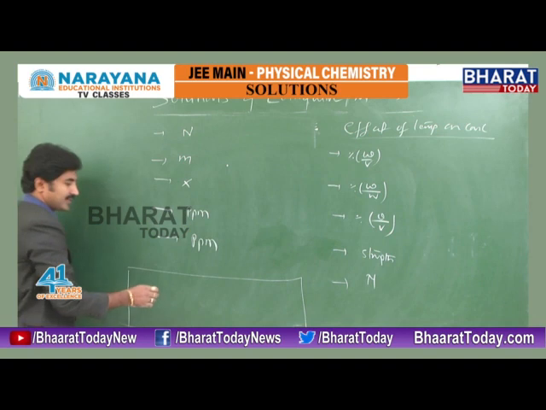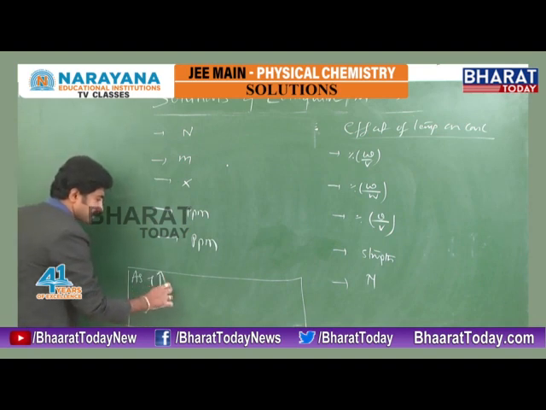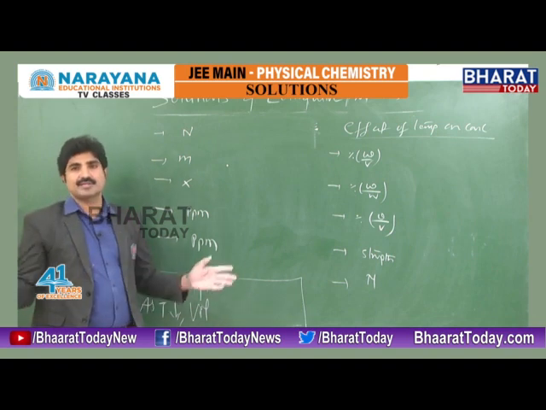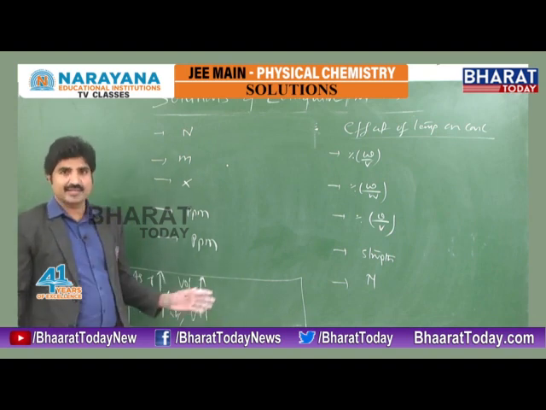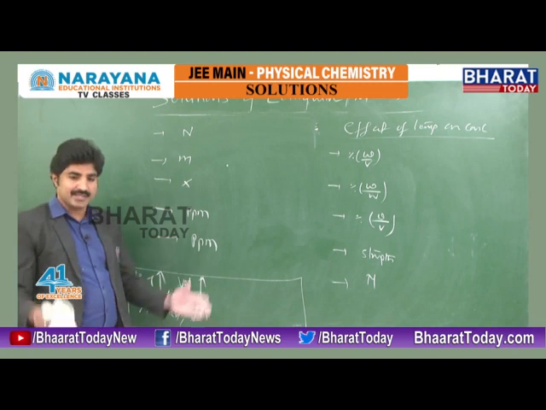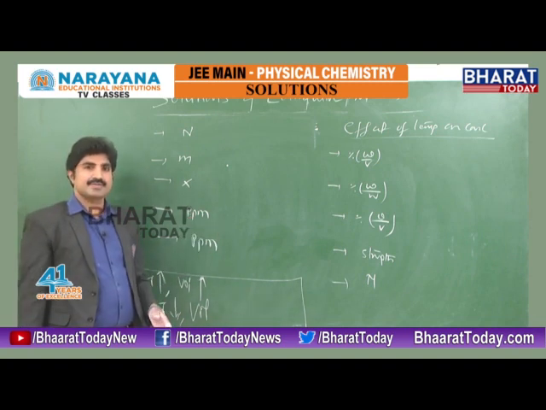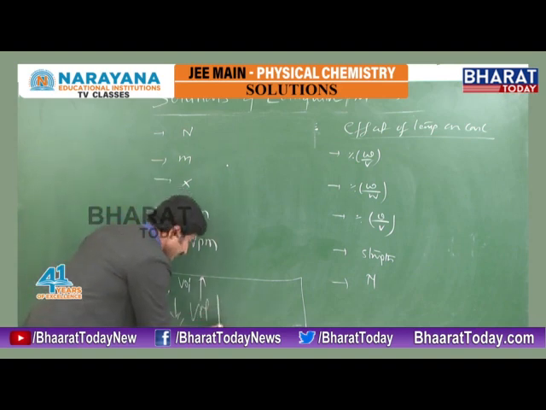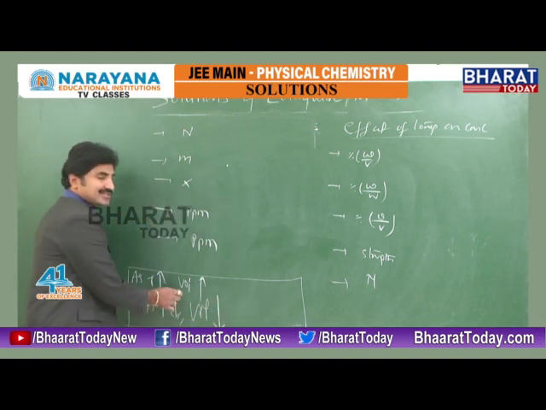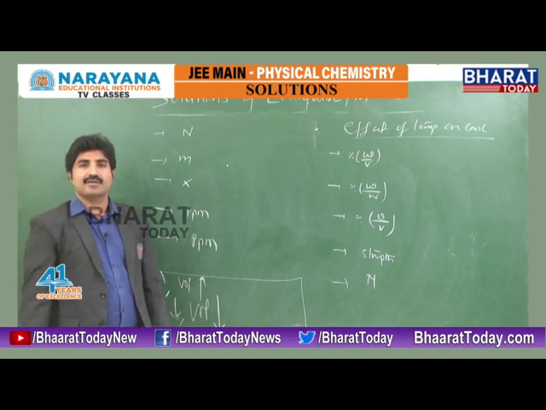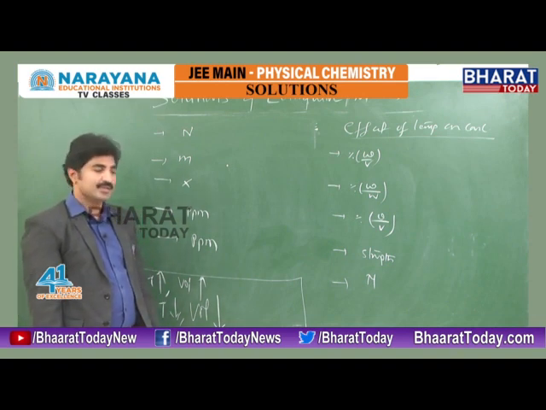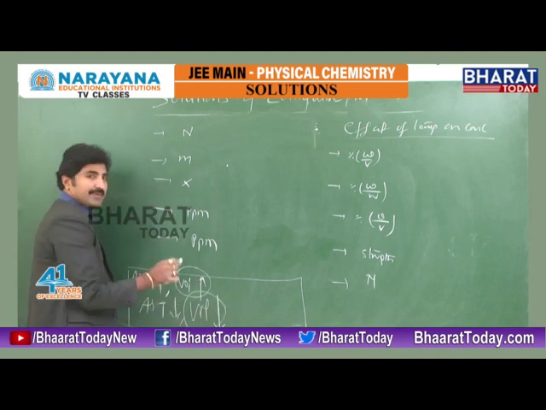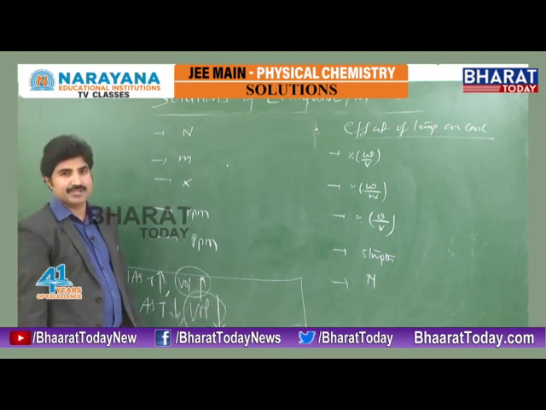See this one here, as the temperature increases, volume also increases because intermolecular interactions will decrease. Similarly, as temperature decreases, intermolecular interactions increase. They are coming close, so volume decreases. So based on this concept, we can understand the effect of temperature on concentration methods. Wherever volume terms are involved, those will be affected by changing of the temperature.